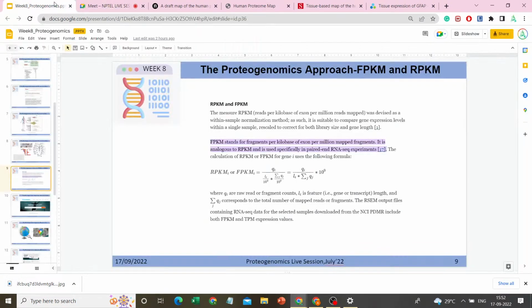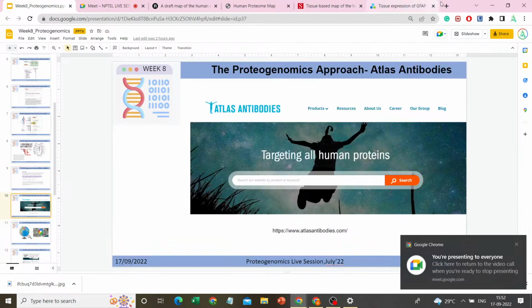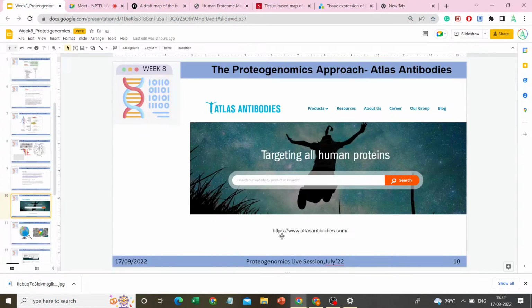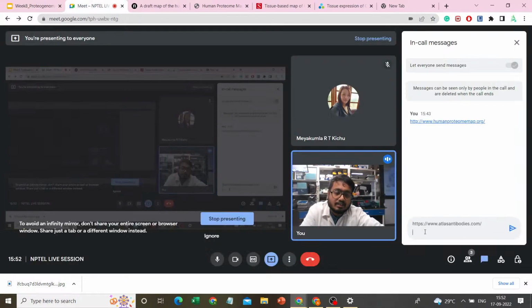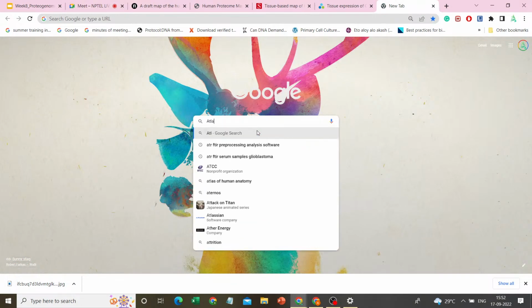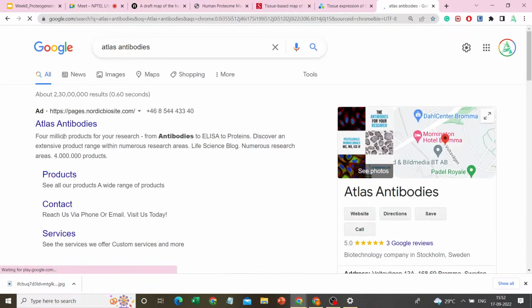The next important thing is the Atlas Antibodies. All those antibodies that have been used for identification in the human protein atlas are available, and you can find them and order them for your experiments if you want. So to go for the Atlas Antibodies,